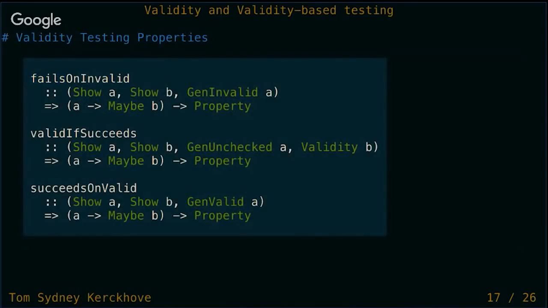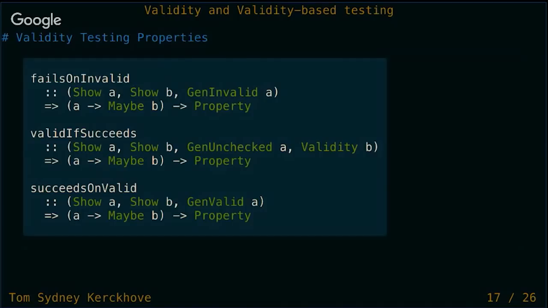Now that we have this entire framework of validity, GenUnchecked, GenValid, and there's also GenInvalid, which does exactly what you think it does. Now we can write more general testing combinators that will make the entire property for us. And we can just supply the functions that we want to have tested instead of having to define the entire